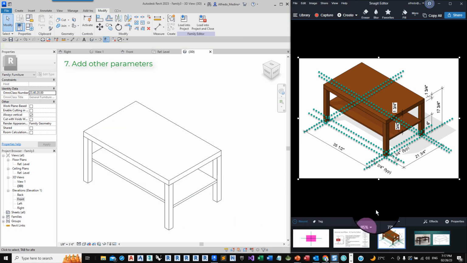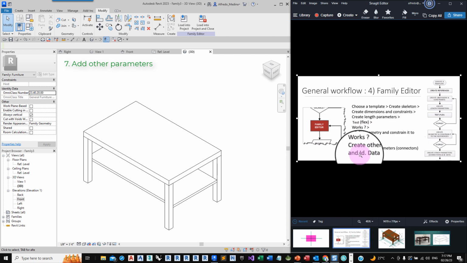Now the workflow says, do you need other parameters? Yes, usually you need more information.